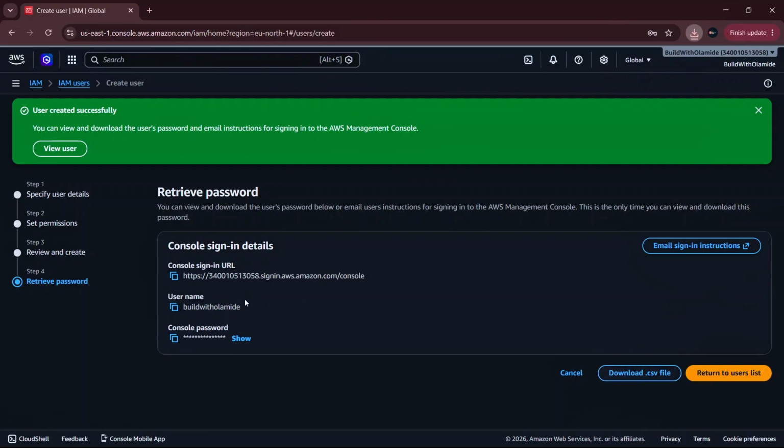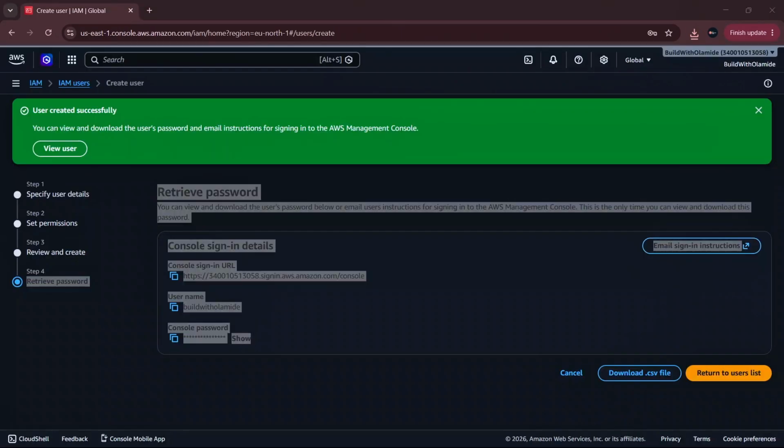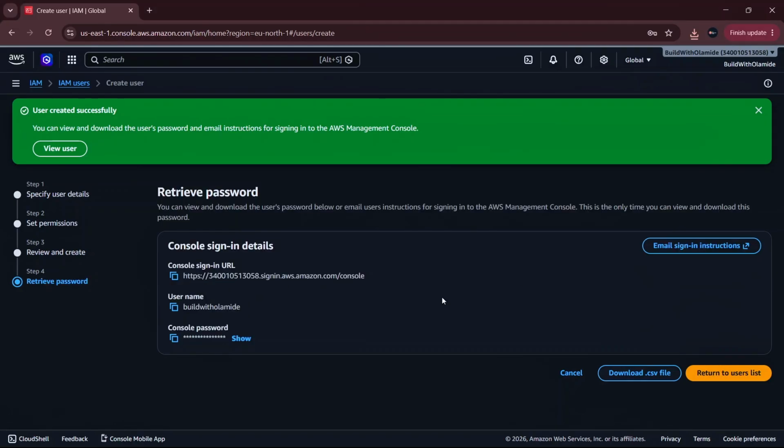You will find these same credentials in the CSV file, or you can email this instruction of how to sign into the IAM account, and it's going to also have these credentials inside the email. So immediately click on email sign-in instructions, it will open out all your email accounts. You click on Outlook and all you just need to do is attach the person's email and send both the instructions and the credentials